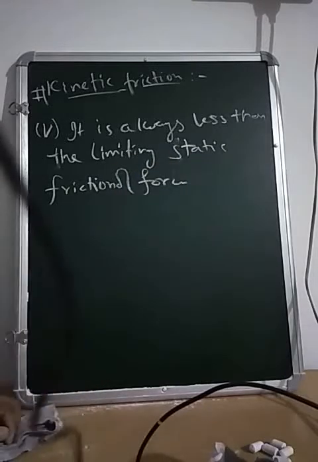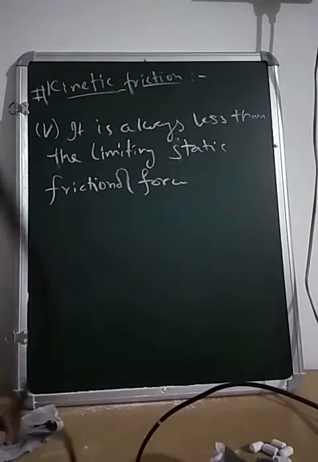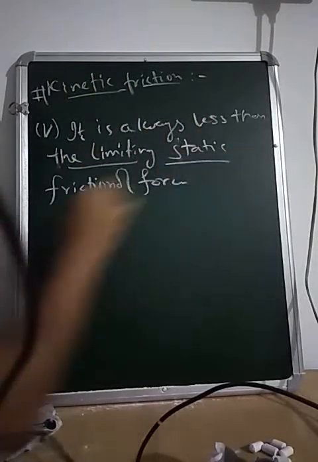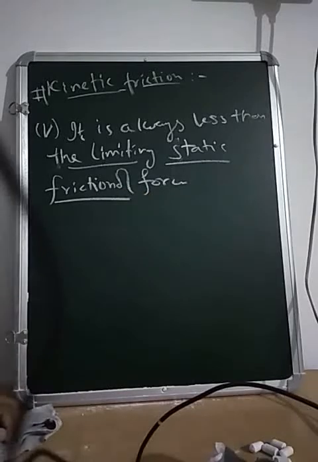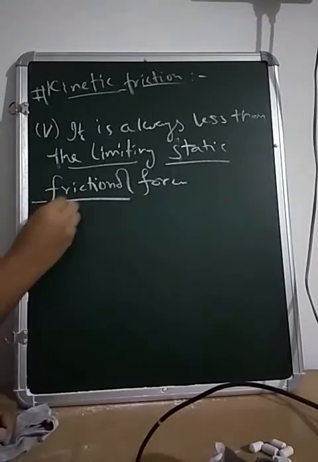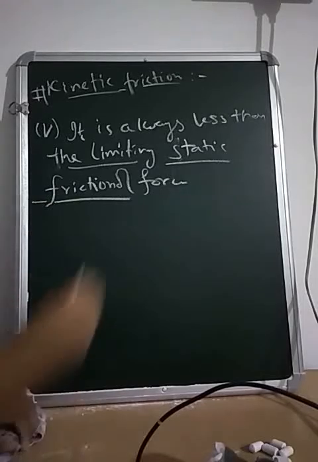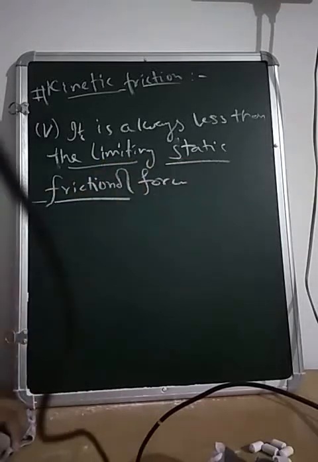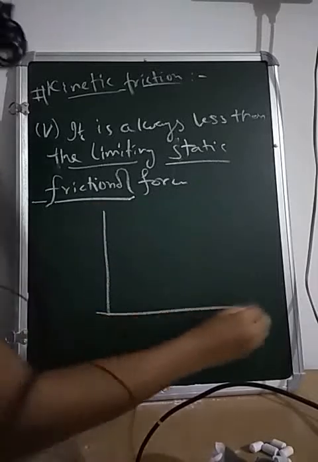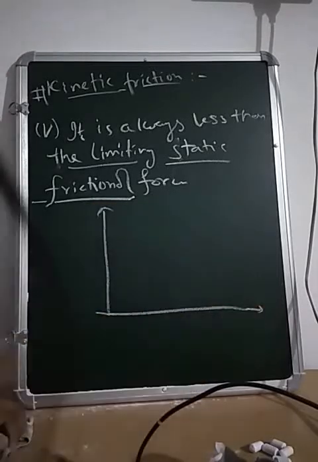So this says that the kinetic friction is always less than the limiting value of the static frictional force. In static friction, we mainly discuss the limiting static frictional force. So if we draw a graph of